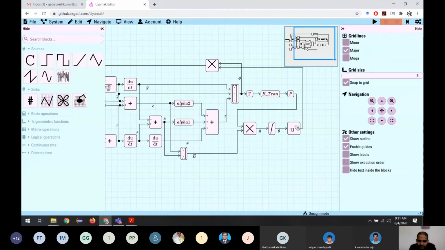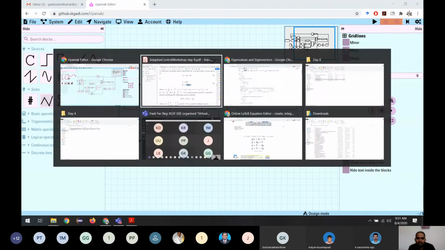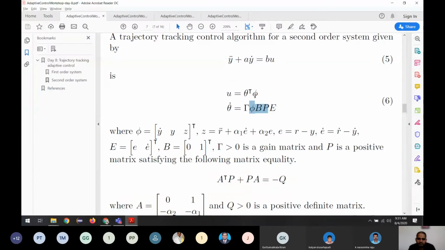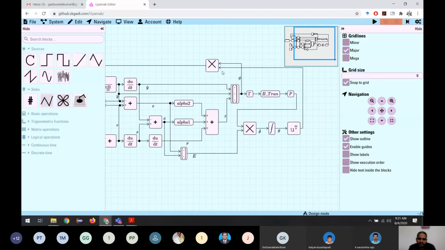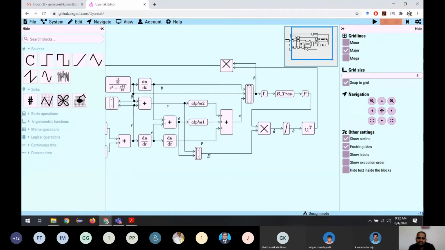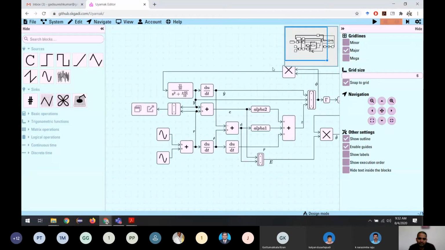So if it is theta, we are having theta transpose. We know the U is theta transpose times phi. How do you know which is the first one and the second one? If you point the cursor on this, it says 0.1. You can see multiply dot 1. 0.1 shows that this is the first terminal. If you put it here, it shows it as the second terminal. Since it is rotated, we are a little confused, but this is the first terminal, which is theta transpose, and the second terminal is connected to phi. So theta transpose phi gives us the U.